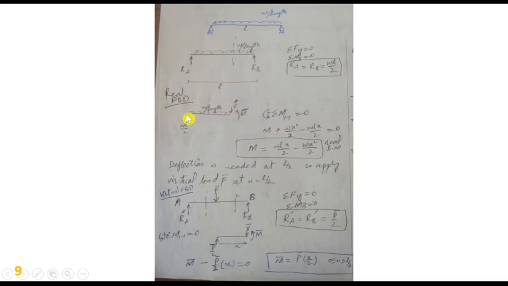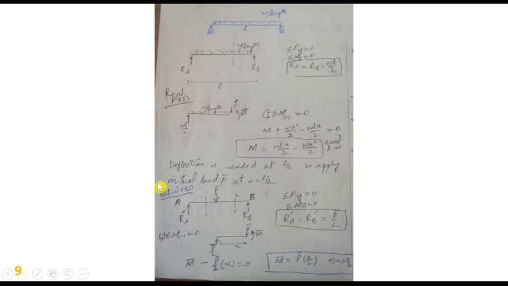So M is positive, the other is negative, and the weight is again wx by 2, that is positive, because the weight of this section is wx and it is acting midway. So from here to here it is x by 2. So wx into x by 2 will become wx square by 2, that is written here. So the overall relation will be M is equal to wLx by 2 minus wx square by 2.